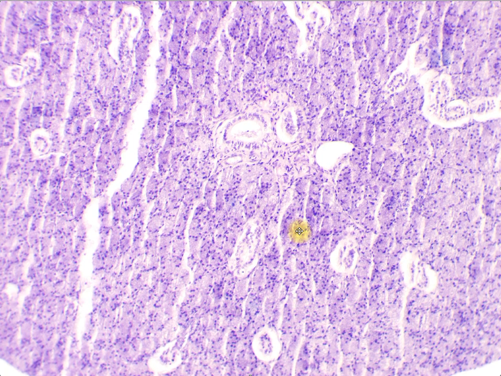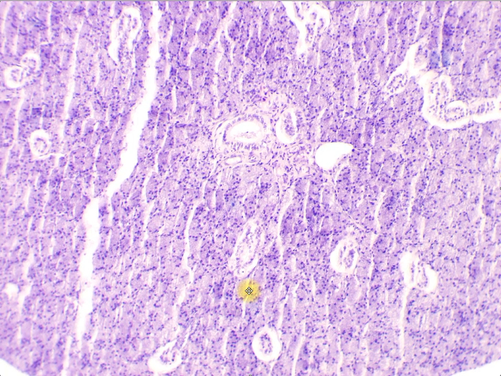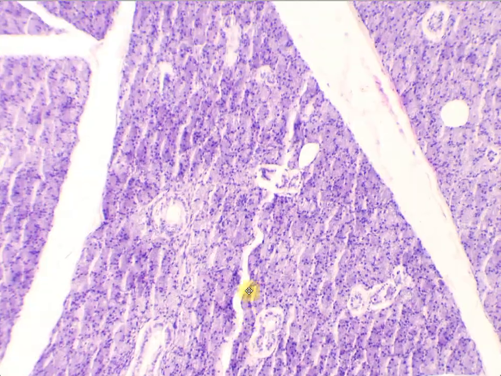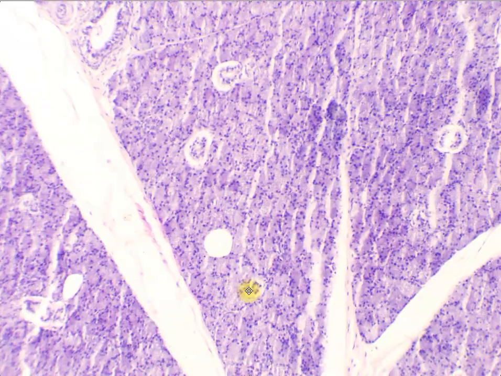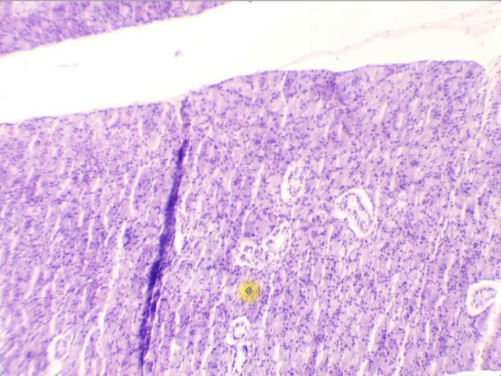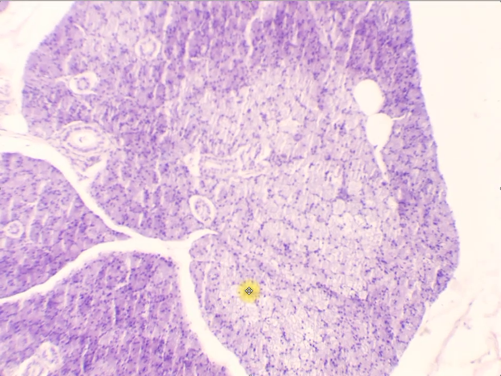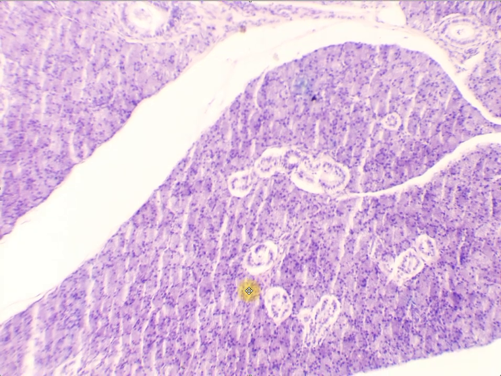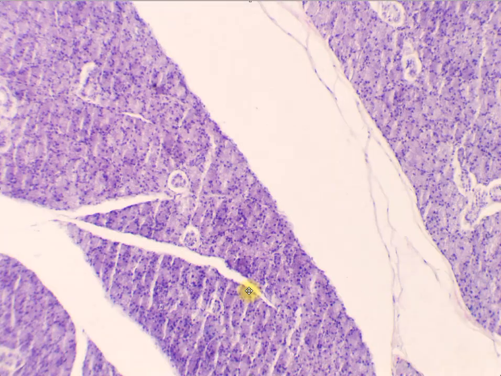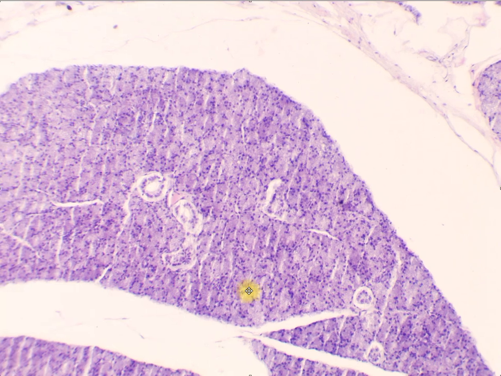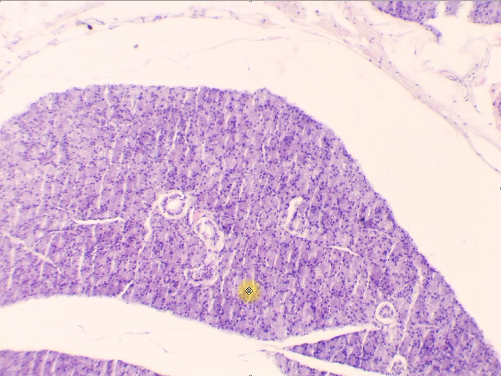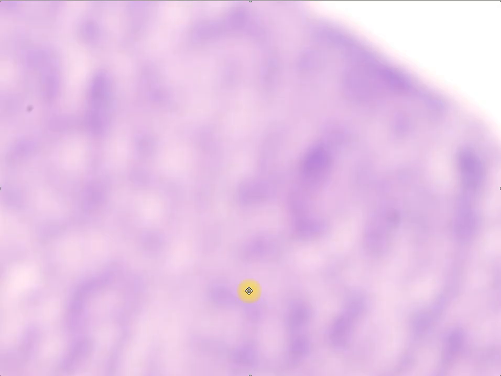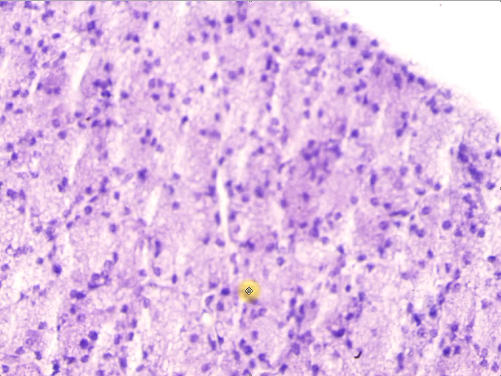So these cracks here are artifacts. So you don't have to focus on it. So let's try to focus on areas where there are no artifacts. But I think it's quite difficult with this section. Anyway, let's try to use higher magnification at